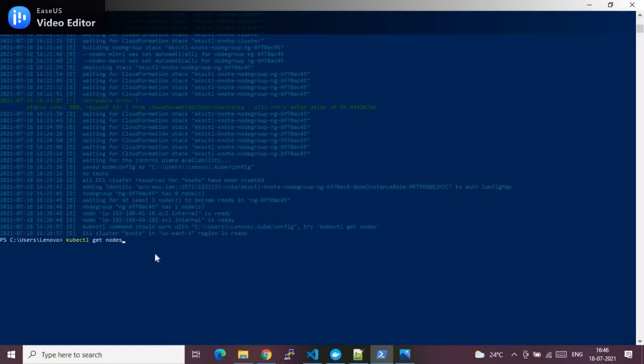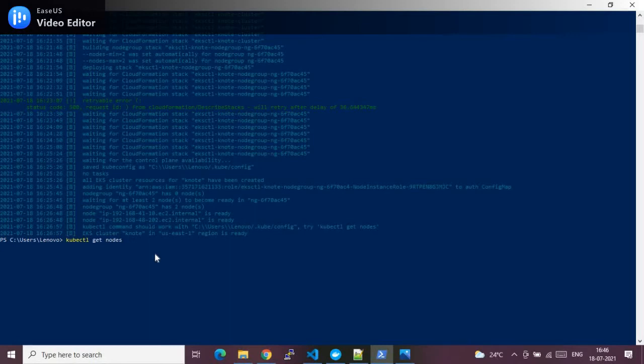That command, eksctl, we use for spinning up the EKS cluster, which is a managed Kubernetes service from AWS, whereas kubectl is a command line tool used to interact with our Kubernetes API server. Again, you need to get kubectl installed in your system, then only you can use the kubectl command line. To know more about how to install kubectl, please do watch my previous videos as well. So now let's run this command.